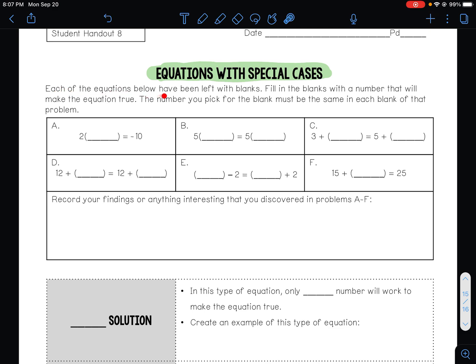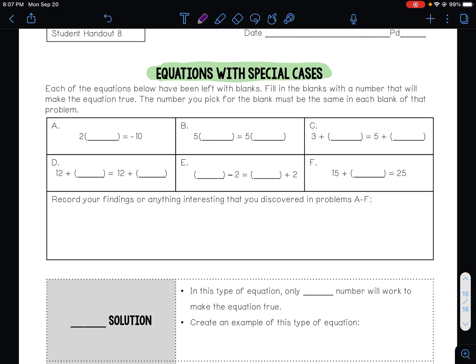So each of the equations below have been left with blanks. Imagine these blanks as variables. Fill in the blanks with a number that will make the equation true. The number you pick for each blank must be the same in each blank of that problem. So, for example,